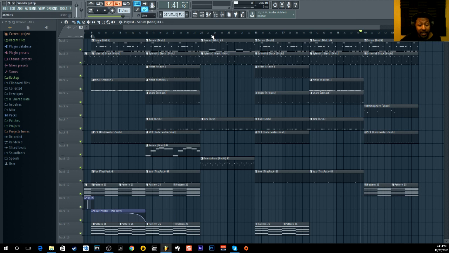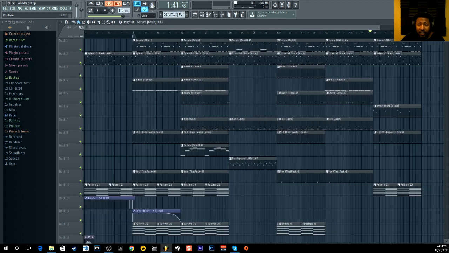So the main thing to keep going with this is, make sure every 8 bars is different, and that will give you a more evolving beat. Now you listen to the beat as a whole. I'm not gonna play the whole beat because that'd be wasting more time. As you see, the intro is different. The intro is very minimalistic, builds up. It has that separation with the tape stop effect. My chorus, one half is different from the other half. Give it that separation. The verses start off and build back up like the chorus. Breakdown part, build up, more energy, break it back down.